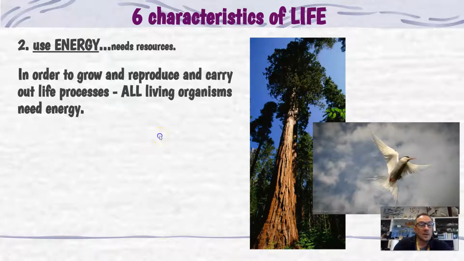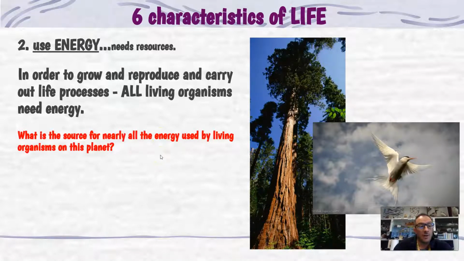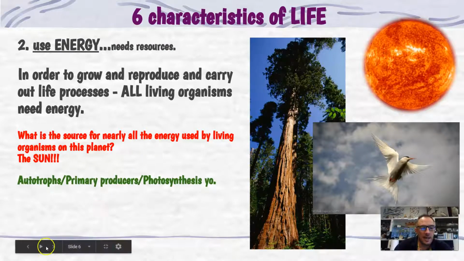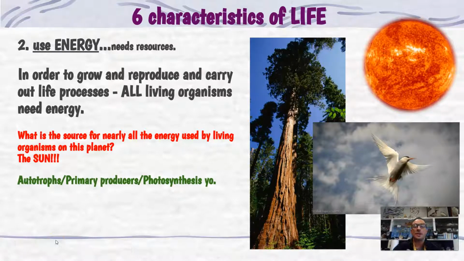Now, the source of energy, the ultimate source of energy on this planet is, of course, the sun. Right? We live on a solar powered planet. Do you like that animation I did there? I'm going to back that up so you can see that again. The sun. Boop. Okay, so autotrophs, primary producers, do photosynthesis, and they're the ones that first capture that physical energy